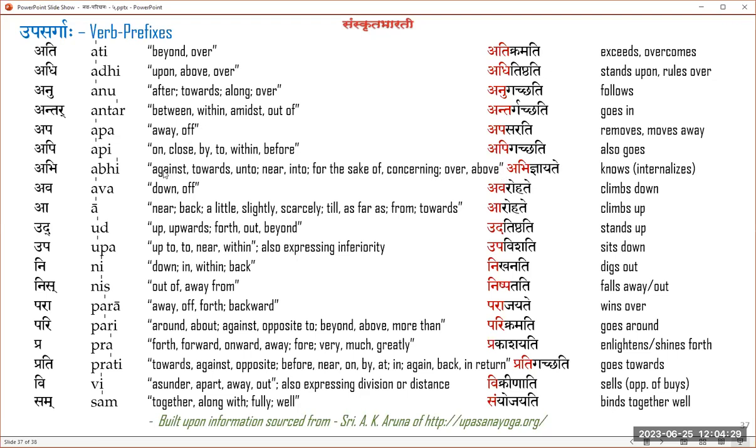You have to know the dhatu to which you are attaching to make sense. Against, towards, completely opposite meanings. Unto, near, into, for the sake of, concerning, over, above. I mean, nothing is left to explain away. So it's a little complex, but the better thing to do is take something with kru dhatu or stha dhatu or gam dhatu, or gnya dhatu. These kinds of examples are more useful. Atikramati, adhitishtati, anugacchati, antargacchati. So the same anu with another dhatu may not have the same sense, it may have a slightly different sense. Antar is not an upasarga.